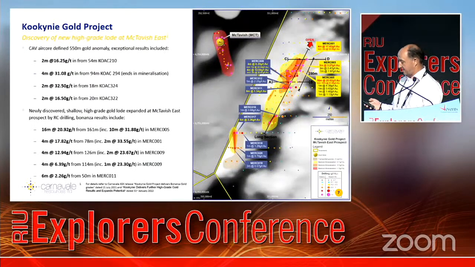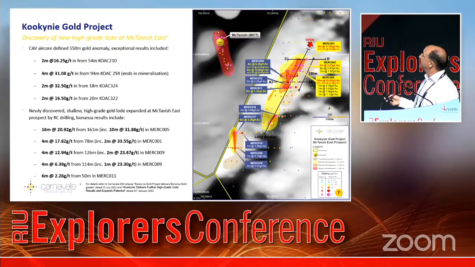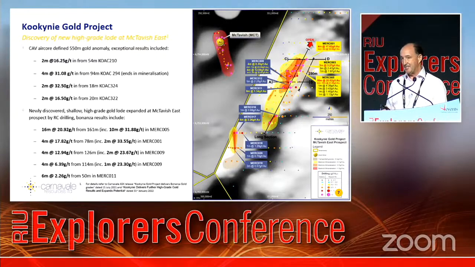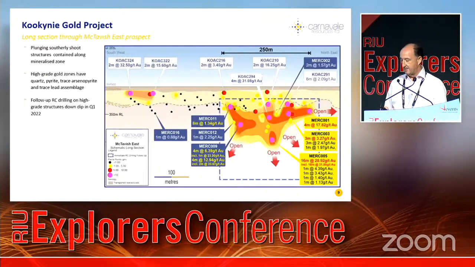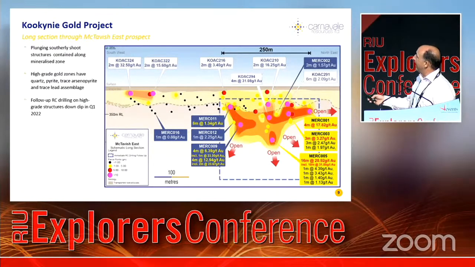It's important to note in this image here that this transported area to the east is down dip. And as we move forward, I'll show you that that becomes important. There's two levels of transported material. There's a thick layer of depleted zone in the saprolite, and it's taken us a while to unpick it. But as a result of that knowledge, we've been able to put together a fairly impressive discovery here at Kukani. In this 250-metre square, we've got about 200 metres from here to here of high grade